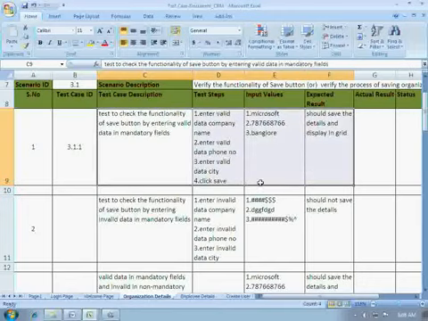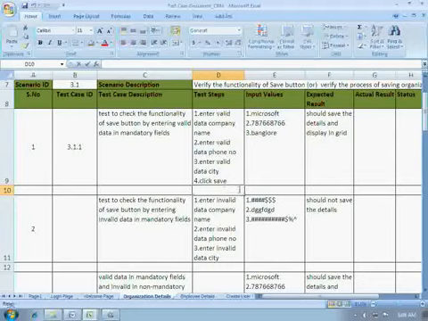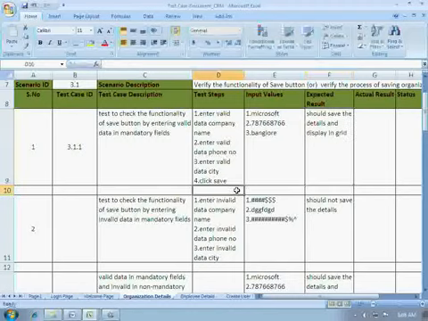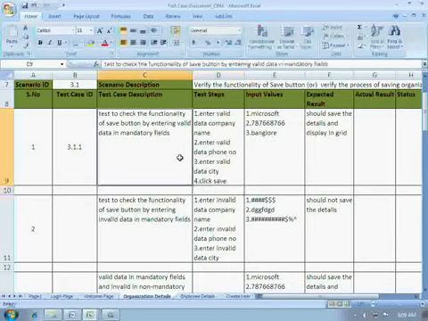And one more thing you can test here is the database. When the details are saved in the database, from that database these details are displayed in the grid view. So to test whether the details are stored in the database or not, we need to write an SQL query here. Testing the database to see whether the details have been stored or not is a part of this test case.